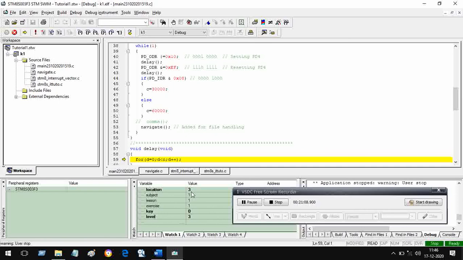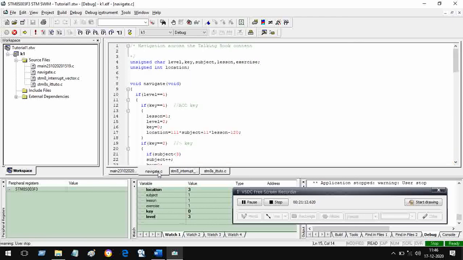In this way we can move up and down. So where are we right now? Level is 3 and location is 3, and subject, lesson and exercise are all 1.